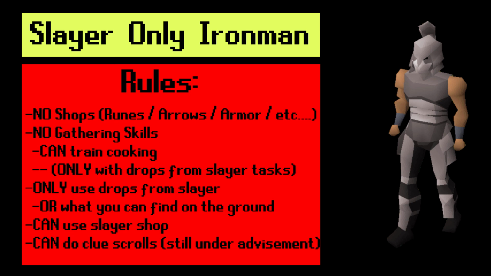As far as I can tell, I believe that covers all of the rules. We have quite a comprehensive rule set here. I know it sounds like a lot. It's really not that hard to follow. As far as food goes, if you're going to try this yourself, go get the tea and toad's legs